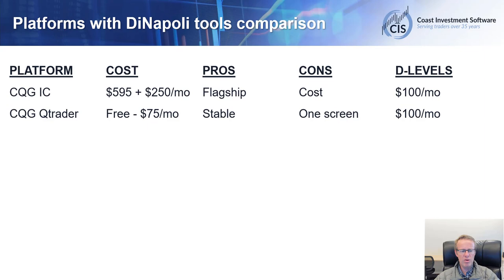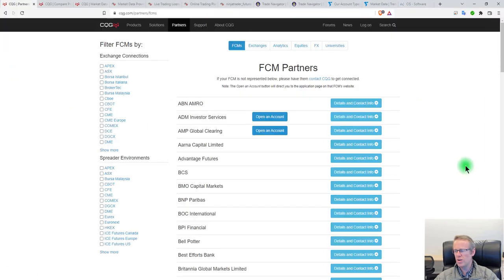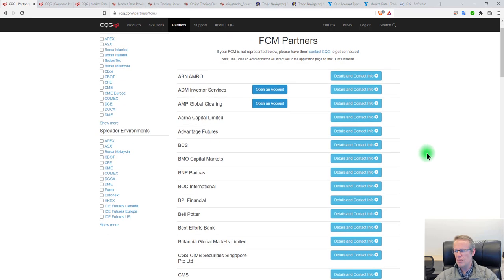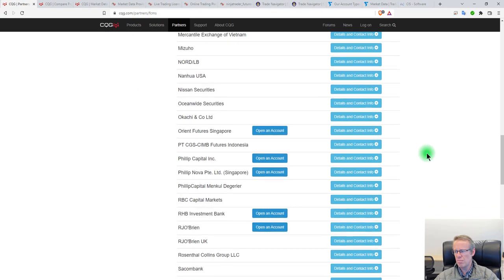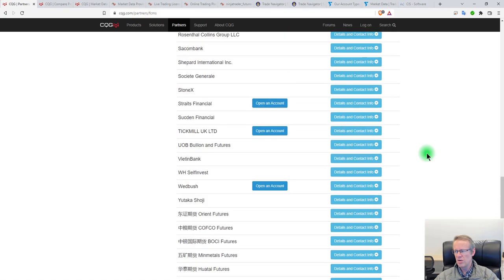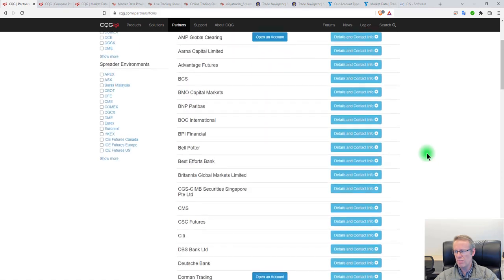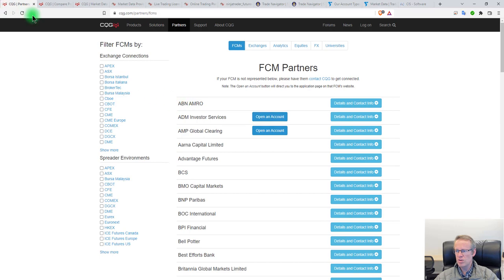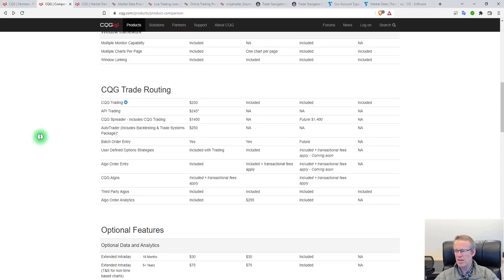So if we quickly look at our brokers that support it, I'll include all of these links in the description below for the different platforms, so you can look at that. There's all the different brokers that you can plug into CQG. You can see a whole bunch of them that you can use,